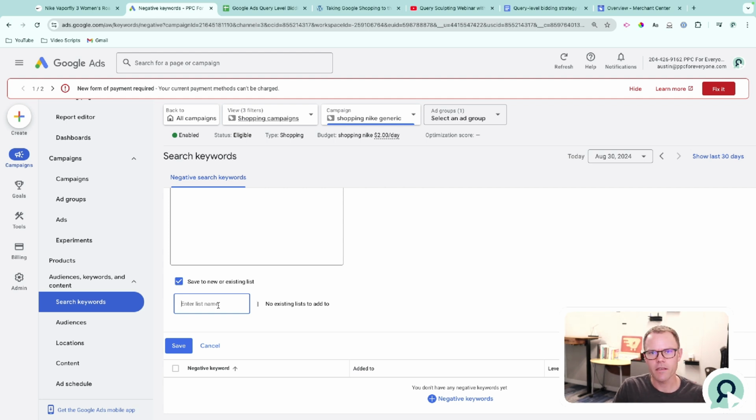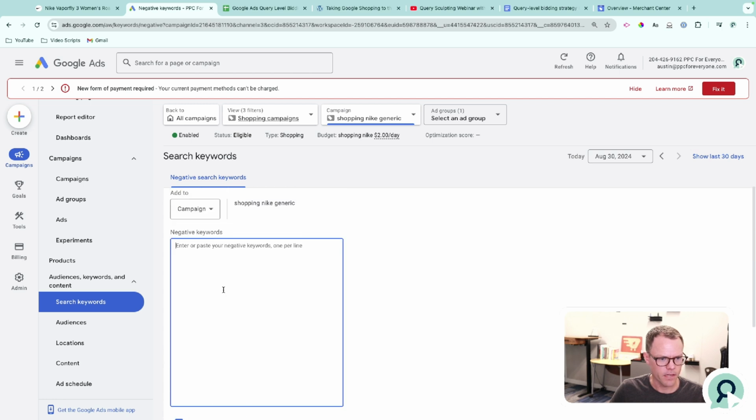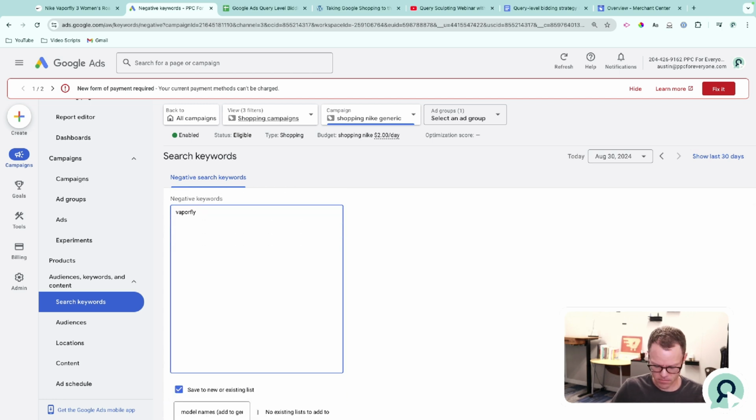And I try to make the negative keyword list name as easy to understand as possible. So this one I'm going to call it model name searches. Or to make it shorter, we'll just call it model names. And then I'll put in parentheses add to generic and brand campaigns. And now I'm going to put in my keywords, so Vaporfly. So this is where I'll keep all the model names. Let's also put Vaporfly